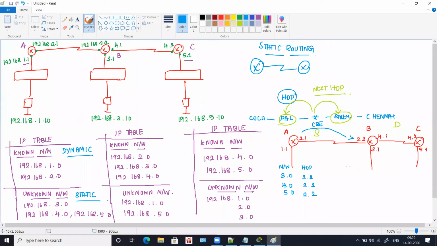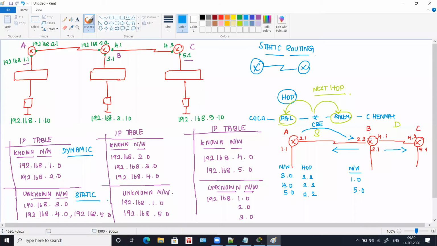Now let's take router B. For router B, the unknown networks are 1.0 and 5.0. Now for router B, there are two immediate next hops. The router can either travel this way or this way.